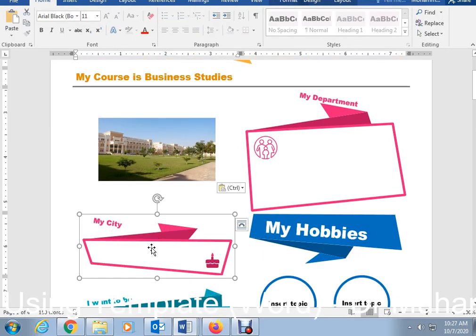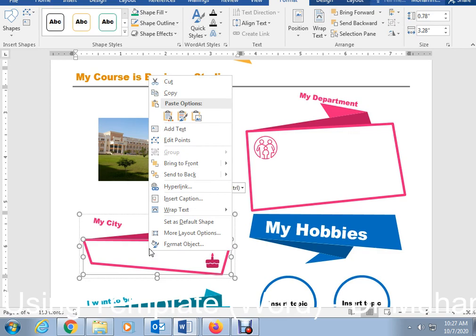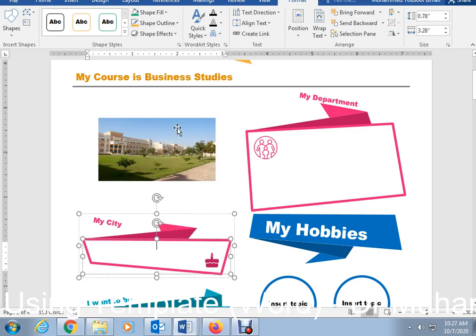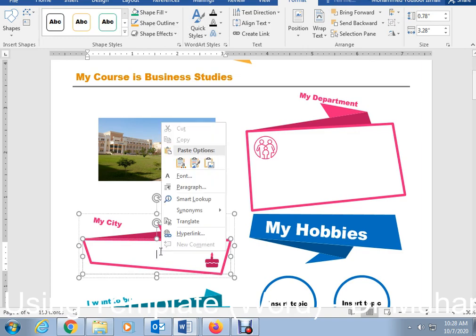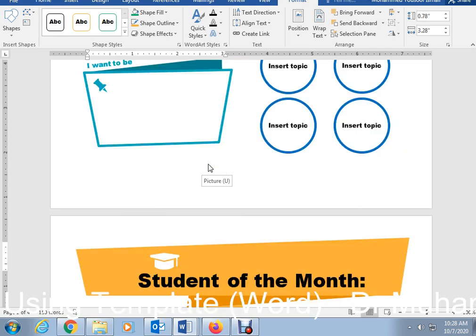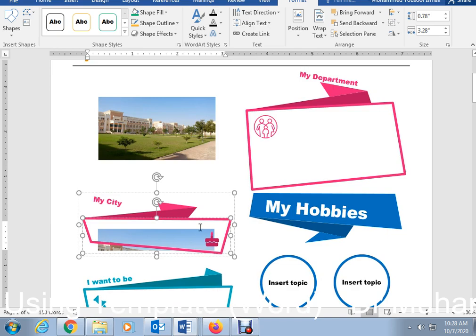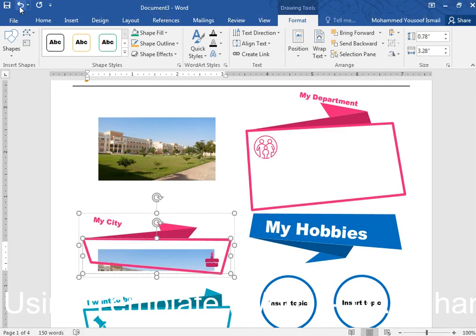Okay, or you can also type the text, whatever you want, add text. You can write "my course is", and you can put some picture wherever you want. Now here you are adding text, or you can add here, for example, paste the image. Sometimes the image is very big and it will not come, so don't worry about it.